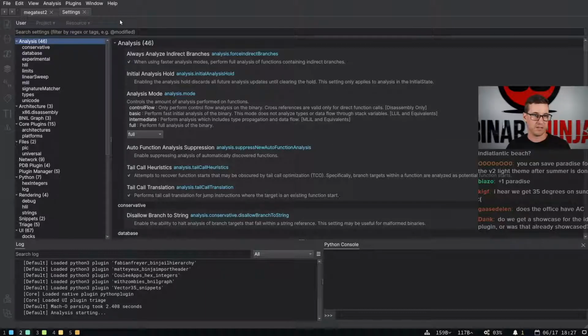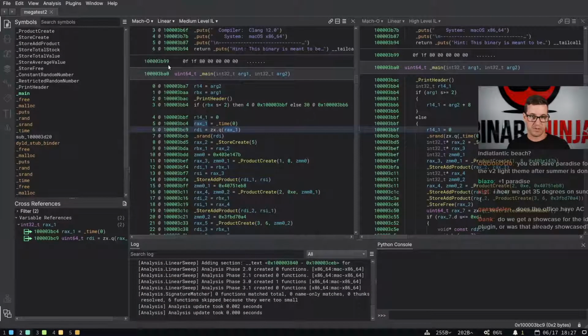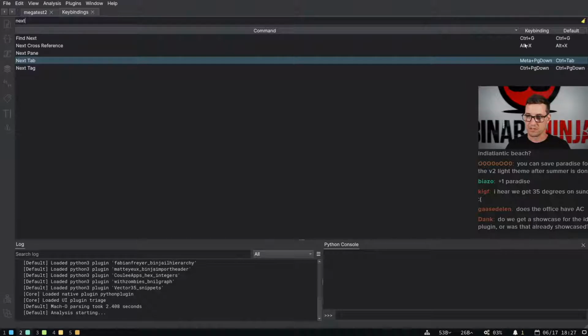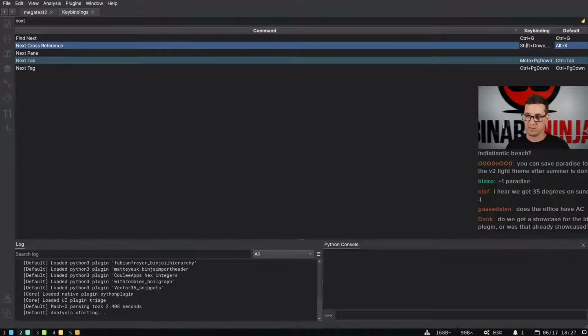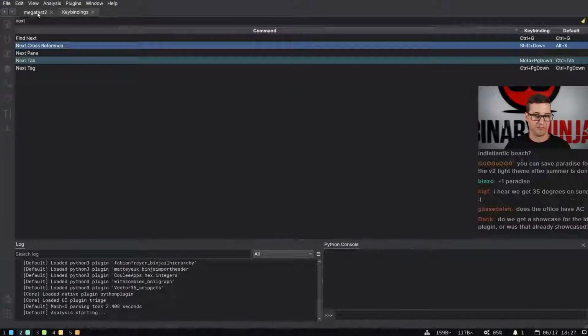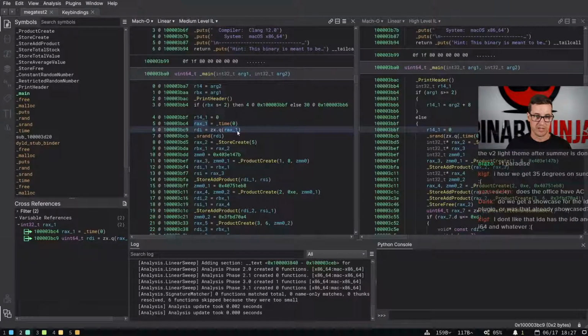Let's find out. Let's bring up the hotkeys and I want next cross-reference, shift down. You can do shift down. Okay, wait, hold on. Do I still have my Vim bindings? That's fine. This should mostly still work. Okay, so